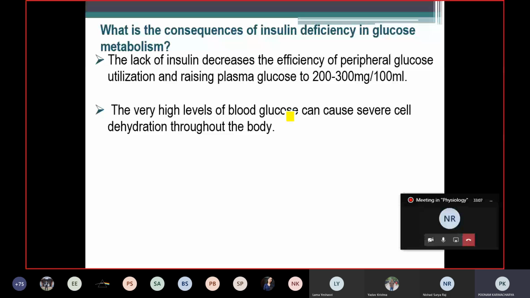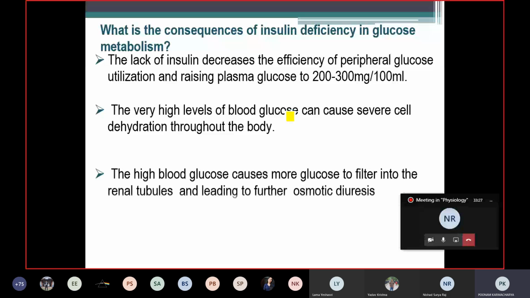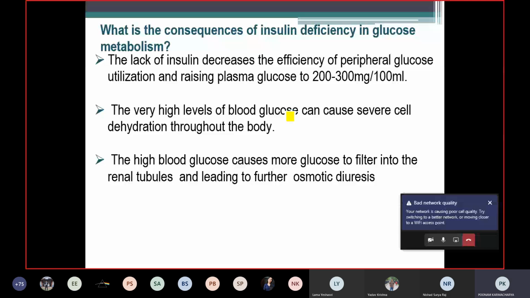And thirdly, the high blood glucose causes more glucose to filter into the renal tubules, leading to further osmotic diuresis. So this high blood glucose is entering into the renal tubules, right? And as it enters the renal tubules, what will happen? There will be an increased osmotic effect of glucose in the renal tubules, and thereby decreased tubular reabsorption of the fluid by the tubular cells, and because of that there will be increased osmotic diuresis